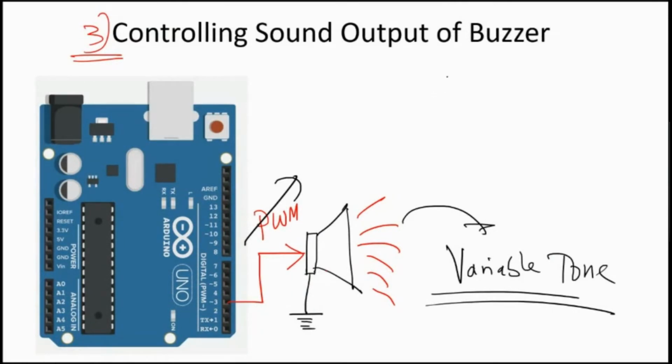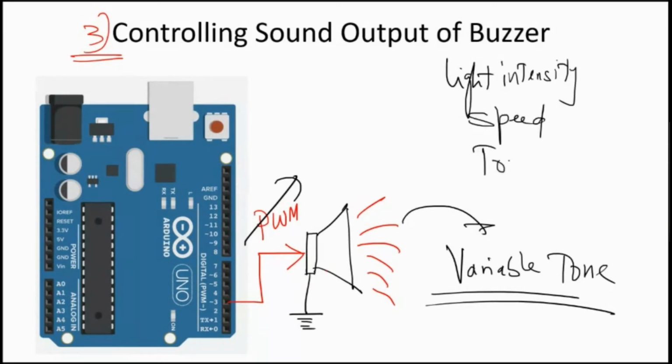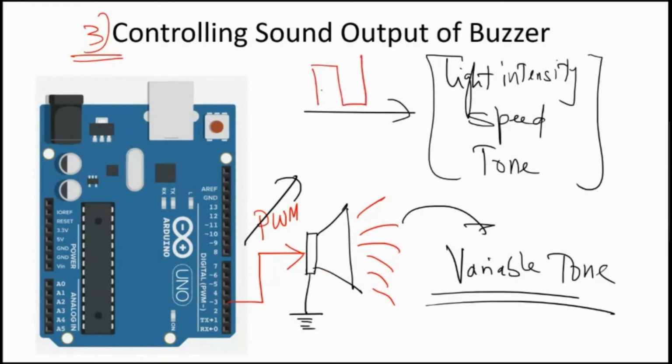So we saw three different output devices. We saw how to change the light intensity. We saw how to change the speed. We also saw how to change the tone. All these things depend upon the type of the output device, but the input for all three remains the same. We supplied a pulse and we changed the duty cycle of the pulse. So the same program worked for all three, but all three gave you different types of outcome. The outcome depends upon what kind of peripheral device you connect, but the input still remains the same.